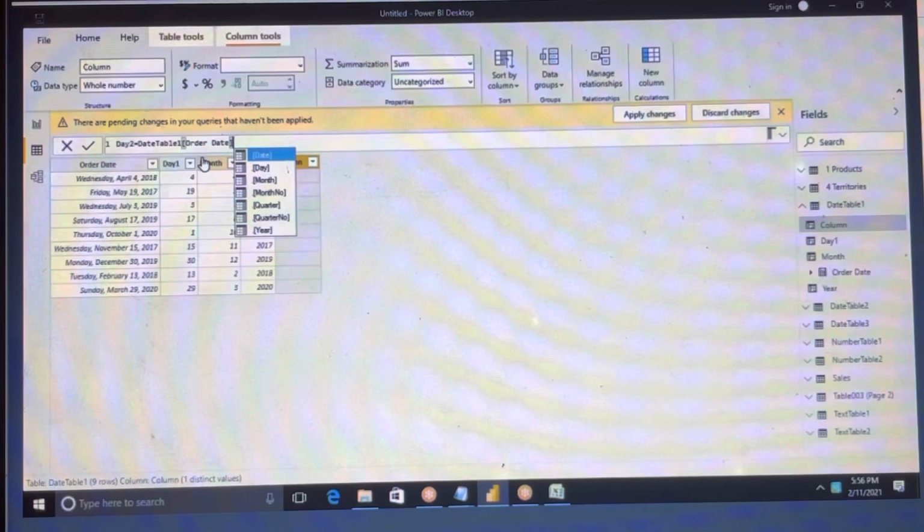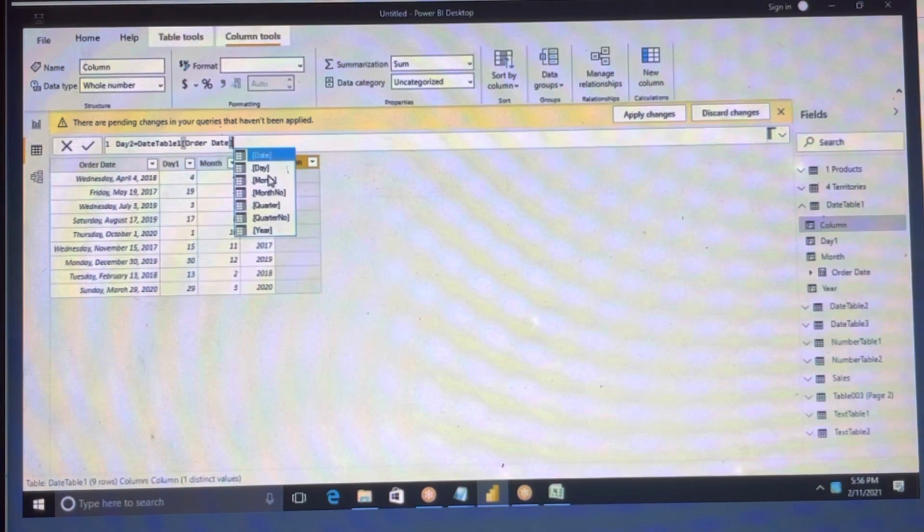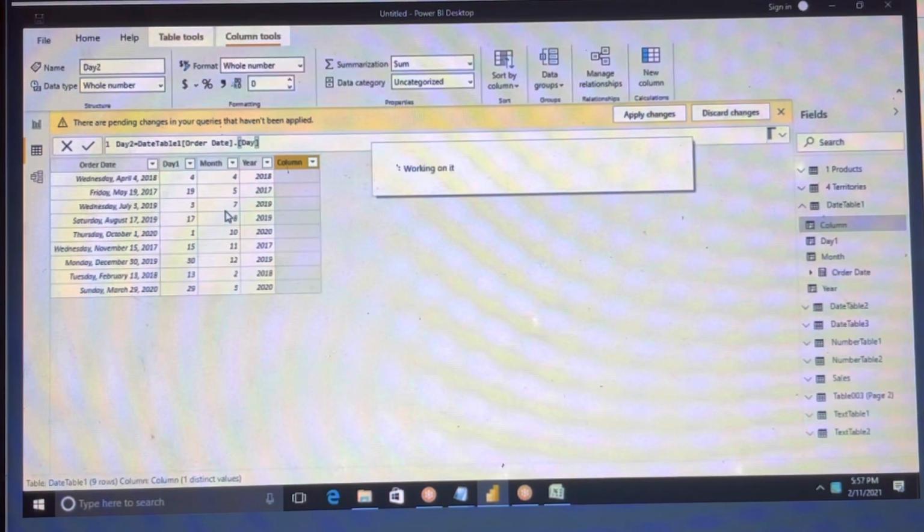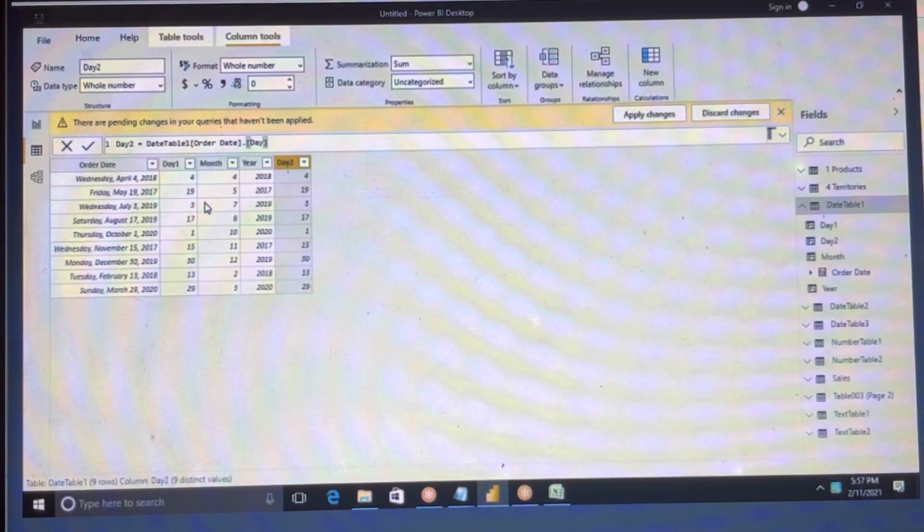See, you can see date and day, month number, quarter number, year, right? You can select day for now. Okay. Now click on enter.